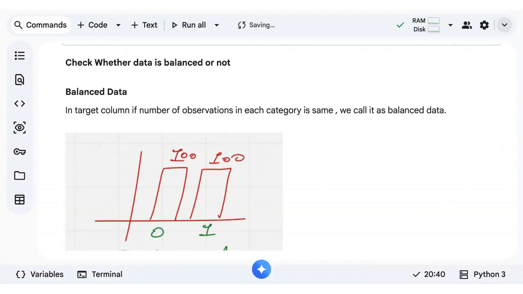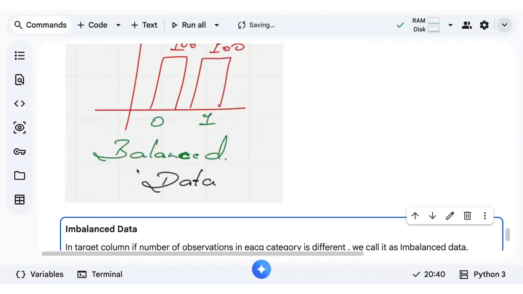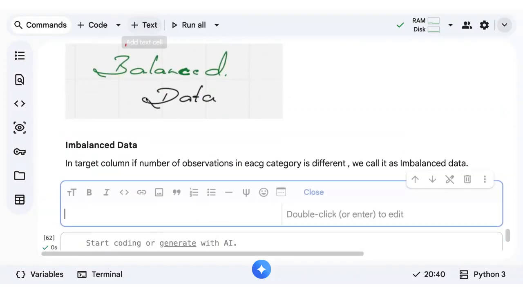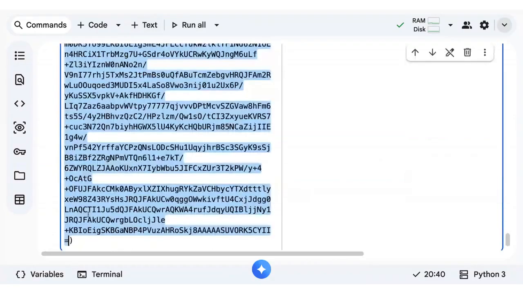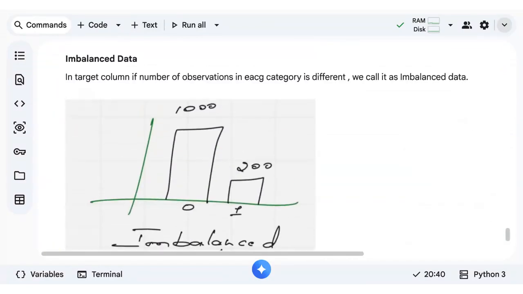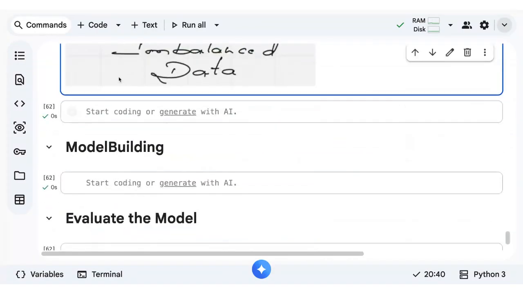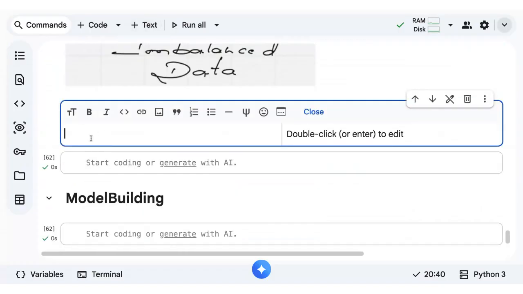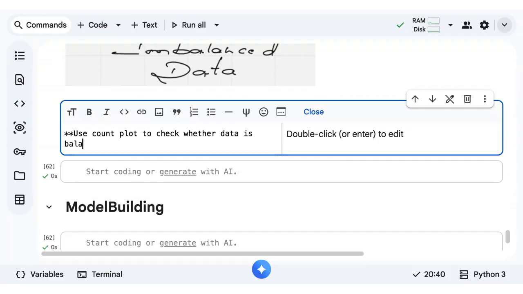So how do you check whether data is balanced or imbalanced? We use a count plot, to check whether data is balanced or not.